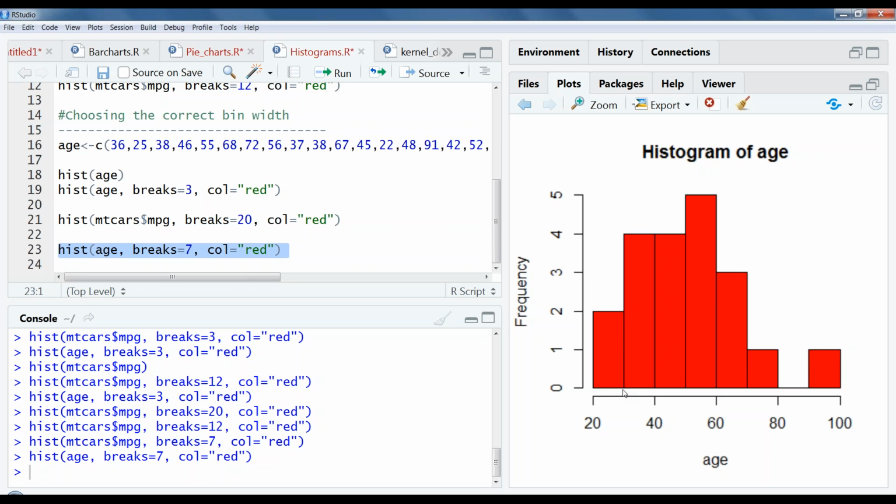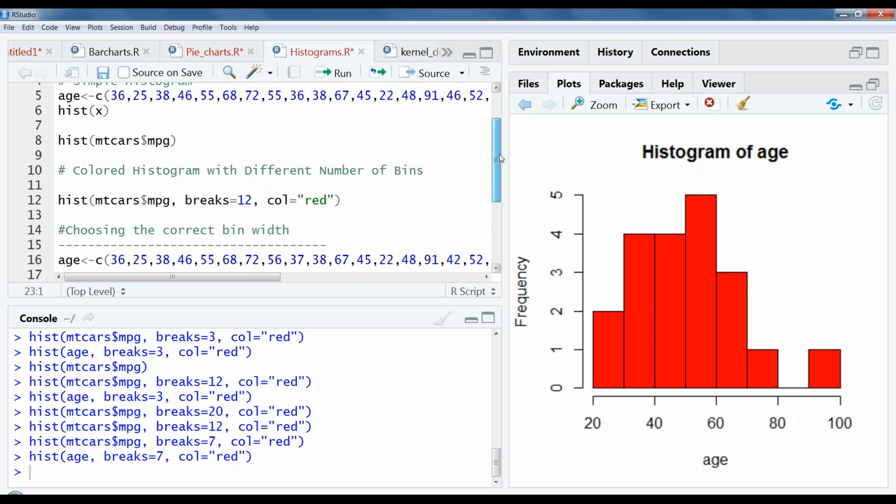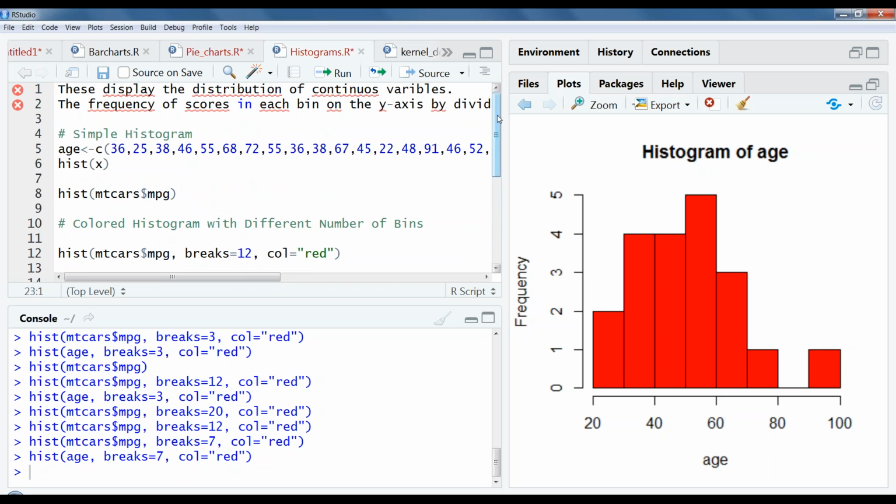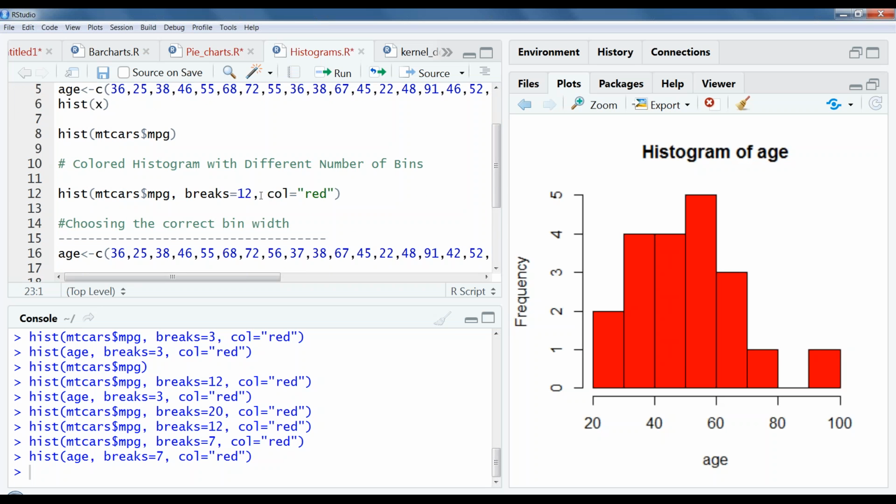So 20 to 30, 30 to 40, 40 to 50, that bifurcation we made with the help of breaks. So this is also helpful. We need to consider the correct bin width, how many bins we want to have in the histogram, and with the help of breaks we can do that. And then coloring also we can do.